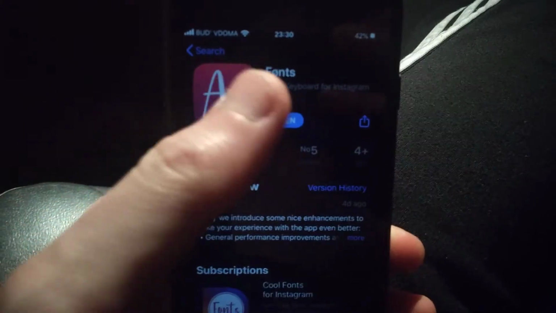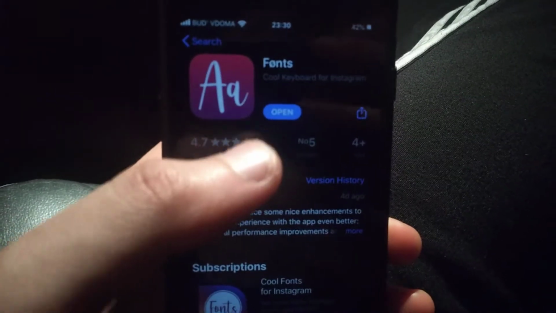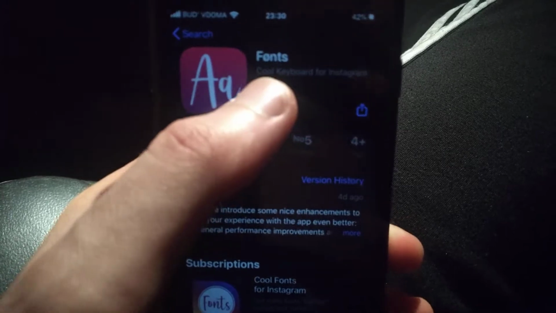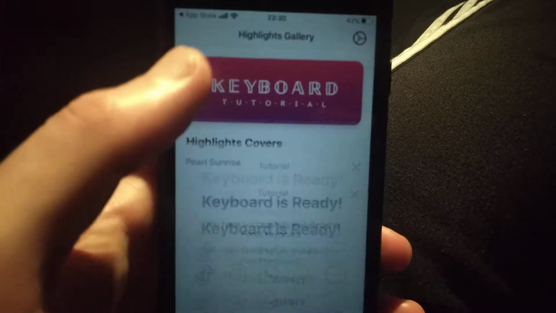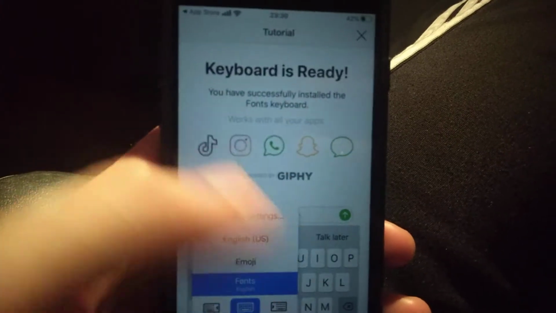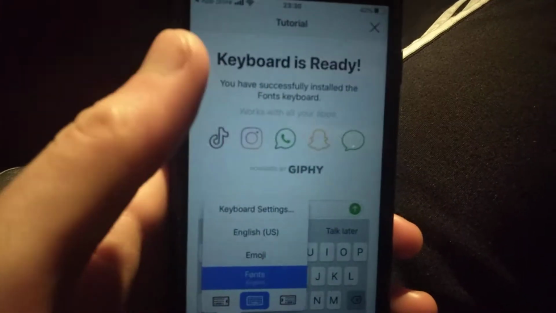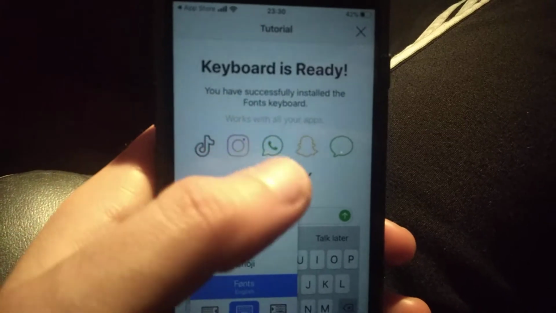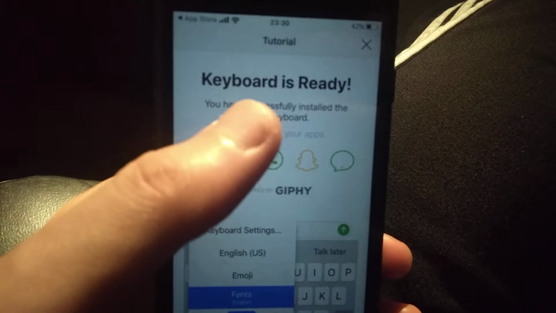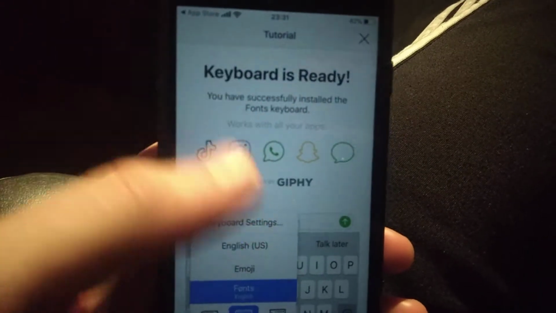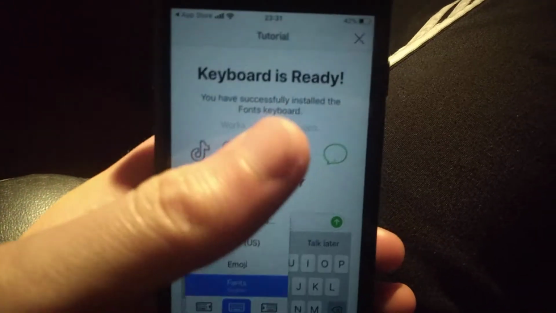After it successfully downloads and installs on your device, you will see Open. Just click on Open and it will open the application. Then click on Keyboard. You will see first that you need to go to settings and allow this application to use the keyboard. So after you allow this,